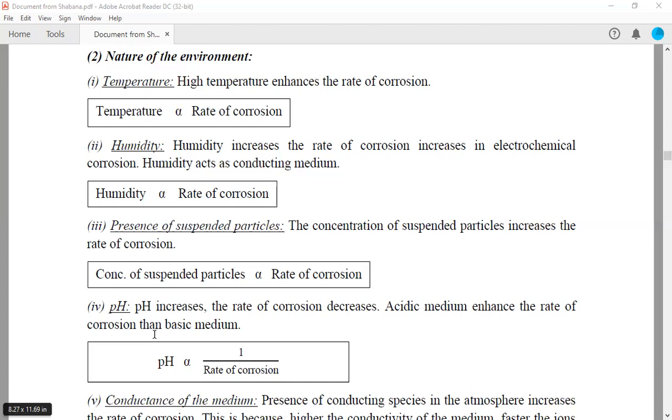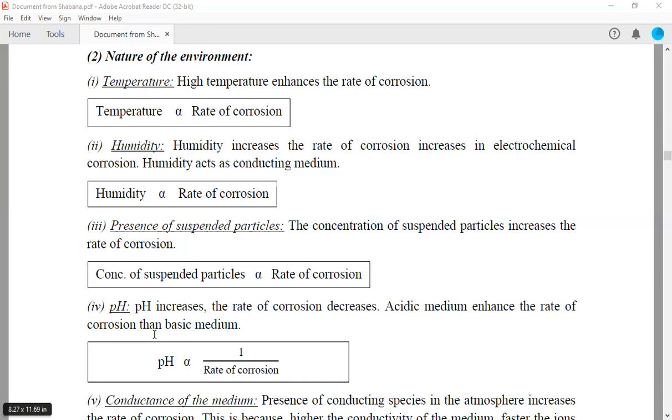Suspended particles are either chemically active or inactive by nature, like sodium chloride, ammonium sulfate, and charcoal. The gases and acidity of the atmosphere increase the electrical conductivity, thereby increasing the corrosion. In marine atmosphere, the presence of sodium and other chlorides leads to increased conductivity, thereby increasing the corrosion.